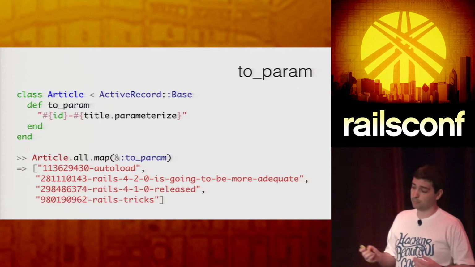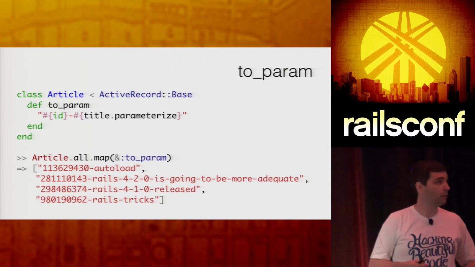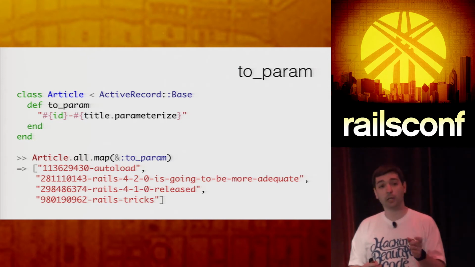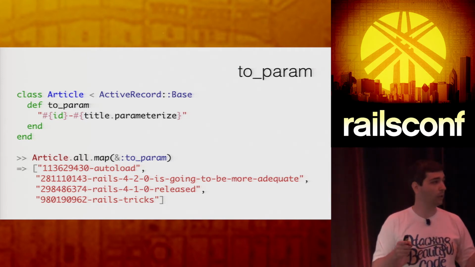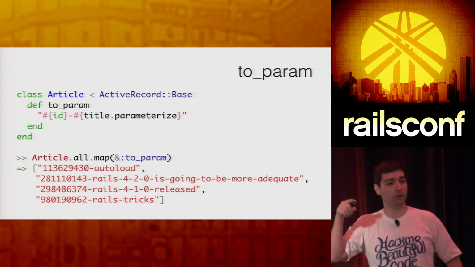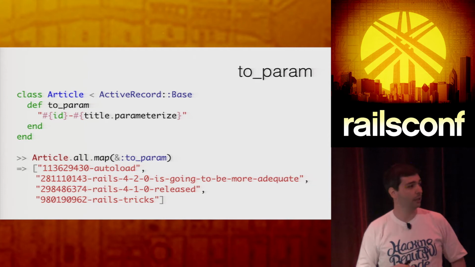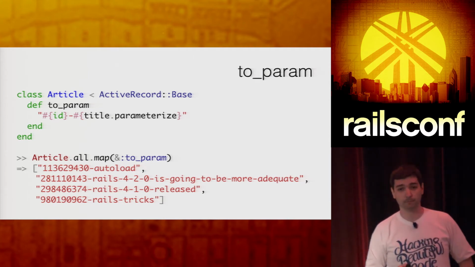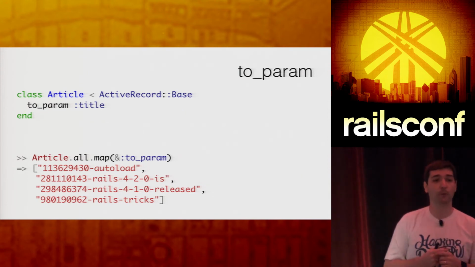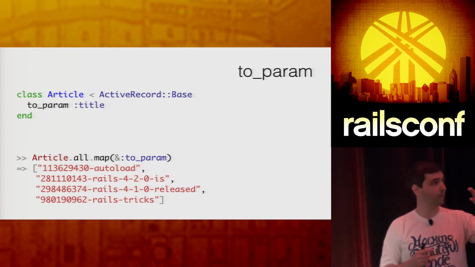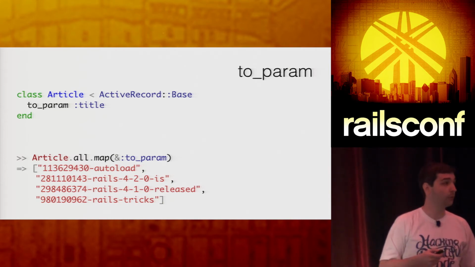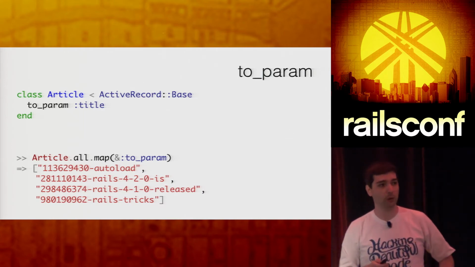Well, this trick maybe most people have already used it, the to_param method, where you can combine an ID, in this case the article title, to build nice URLs, right? So when you call article_path and pass an article, it's going to be /article/ some nice pretty URL like that, right? But RailsConf introduced this new class method for you. So you can call to_param and pass which attribute you want to use for that. And it's going to build those pretty URLs for you.